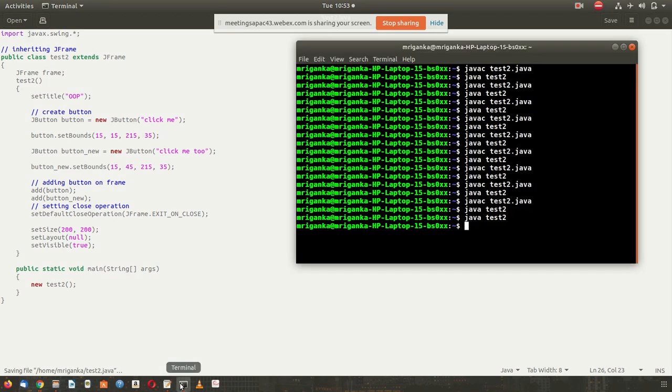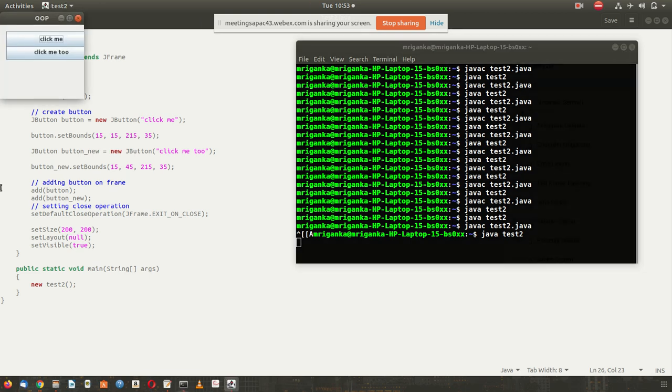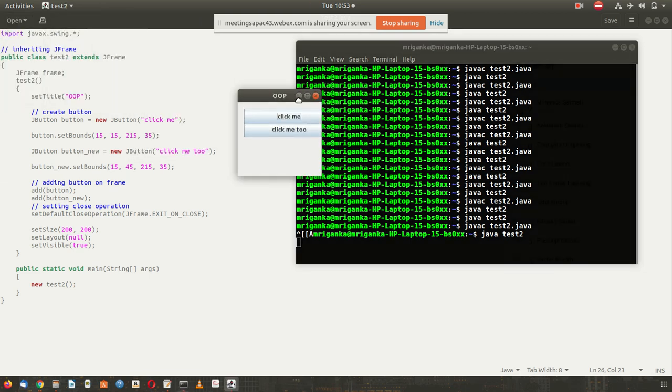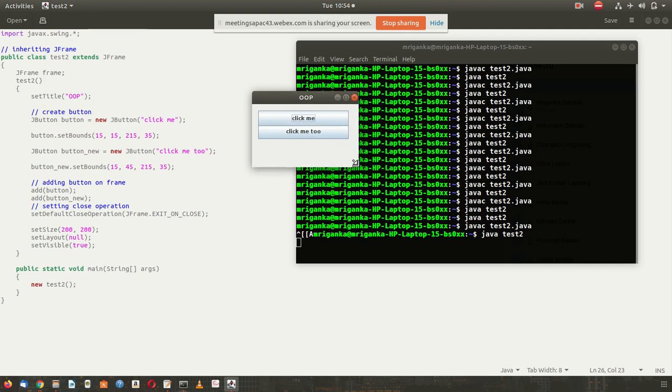Then the size of the frame has changed, but you can extend it. That means the default size of the frame is 200 comma 200.